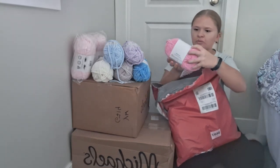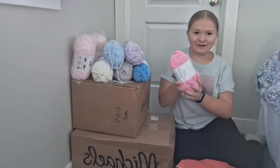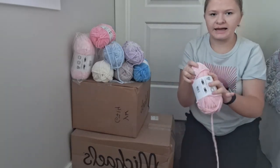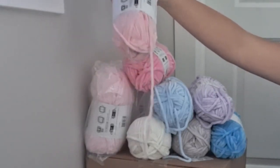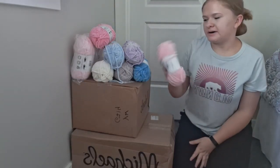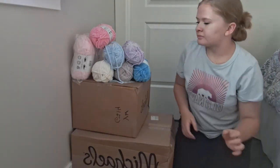I have one bubble gum. So this is the brighter pink. I'm gonna get the more medium color so you can compare. Okay, this is a skein I just had, but if you put it next to these three, it's barely different. Like the lighter pinks, these two, it's barely different. So yeah, I'm stopping buying this one and just buying the lighter color. I'm just gonna use this up before using the lighter pink. Anyway,